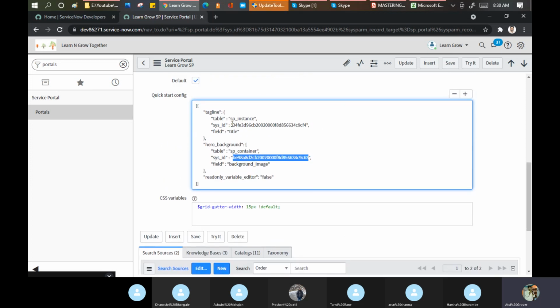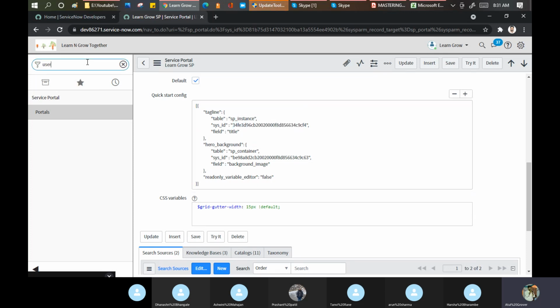See, here also they use a sys ID. SP instance. See, there are some SP instances there. Sys ID cannot be used in any of the reporting. You cannot get your reports on the basis of sys ID as a column. It is not possible. Some modification is required in the background, via which you can get the sys ID in the reports. Otherwise you cannot. Let me show you one example here.